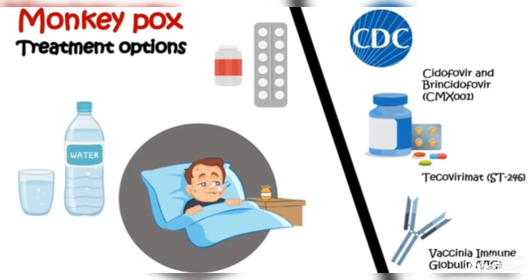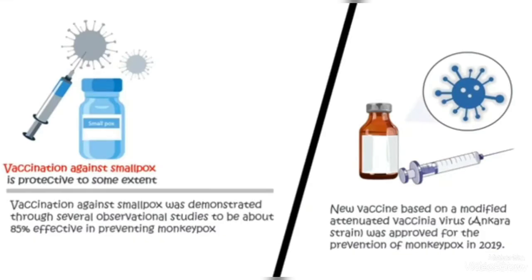Second is some antiviral medications like tecovirimat, and its dose is 600 mg twice daily for 14 days. Similarly, another drug is brincidofovir, that is 200 mg weekly, 2 doses are given. These both are FDA approved, and these were given for smallpox also. The third drug is cidofovir, and it's not approved by the FDA. And some vaccines are given for the same disease, ACAM 2000 and JYNNEOS.